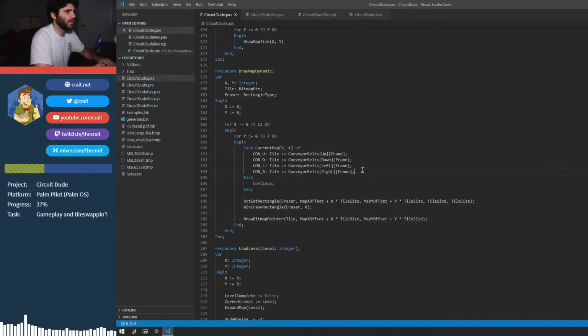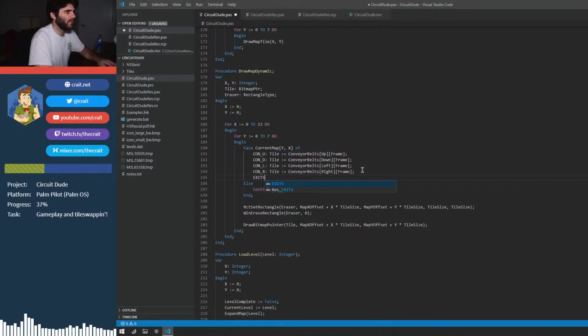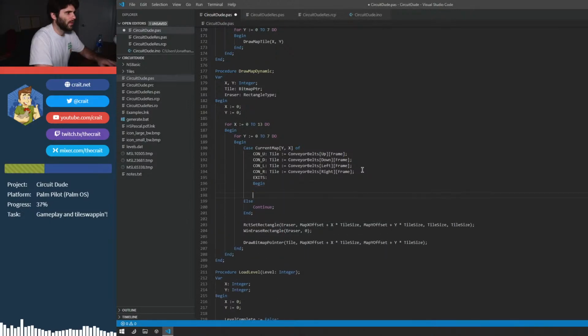But we also want to, whenever we reach the exit portal, let's just check to see if the level's complete. If level complete, then